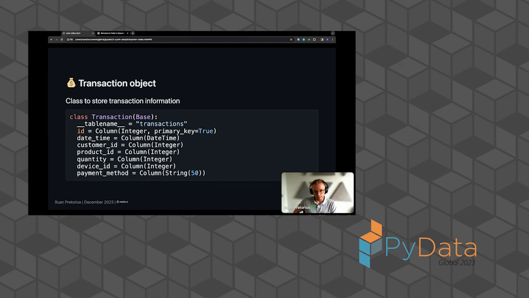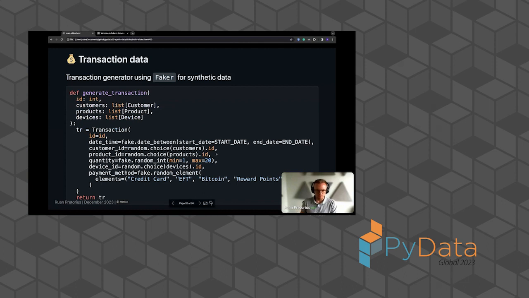So finally, we'll have our transaction class, which will store the date of an interaction as well as the customer ID and the product ID which they interacted with. Then we can keep track of the quantity and the device that they used, as well as a payment method. So I think the only new things here are now, instead of just passing an ID for the transaction, like generation helper function,